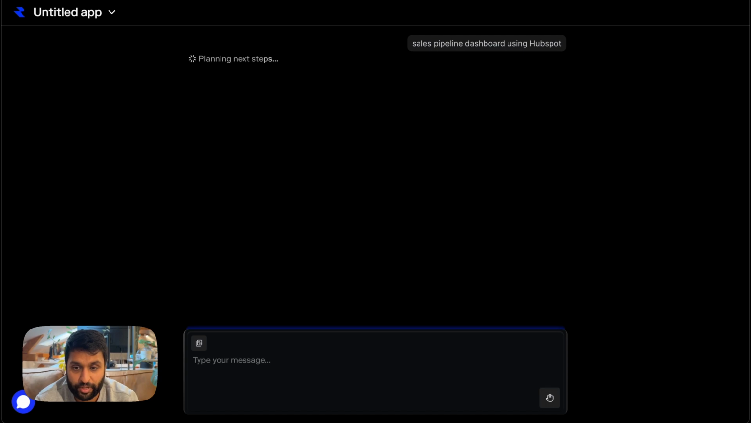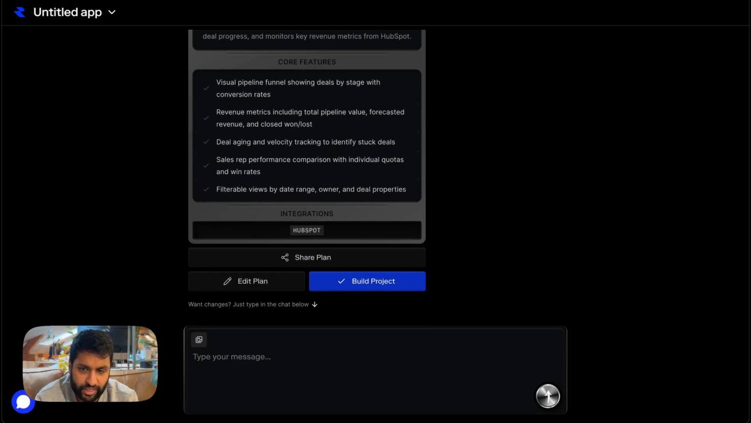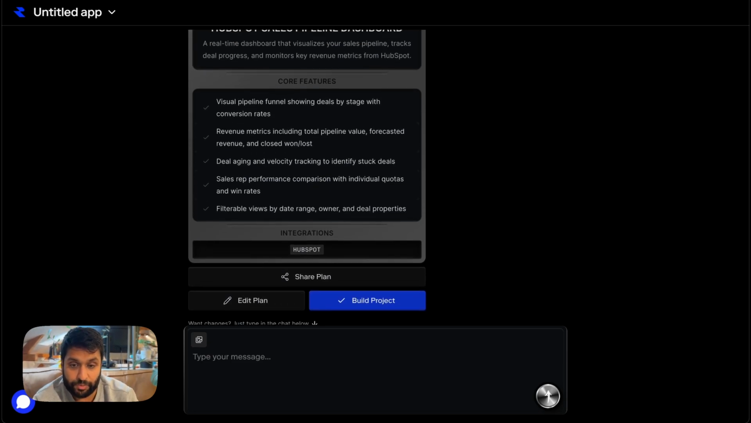So you get tossed into the product right away. This is where you start planning your app. Riff talks to you about your app idea and also asks clarifying questions based on the gaps that you've left in your description so far. In this case, I was pretty clear. Also, it's a pretty defined type of app as a sales pipeline dashboard, especially on top of HubSpot. So it has a clear set of features already that are important in a sales pipeline, which is mentioned